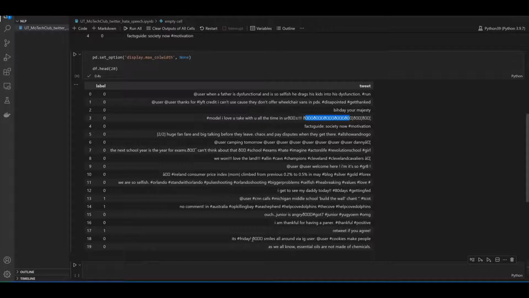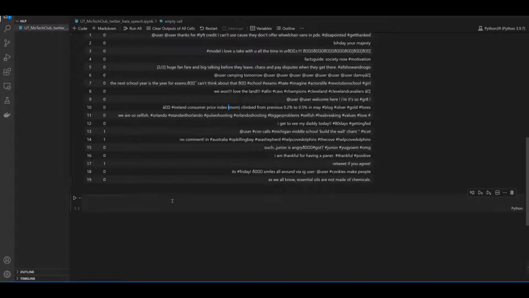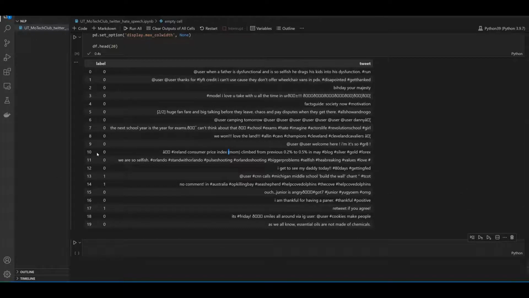So yeah, there are a lot of things that we can remove, like exclamation marks, question marks, numbers, or even parentheses and brackets. We don't need them, right? So we maybe can clean it a little bit. But first, if you want to have this data set